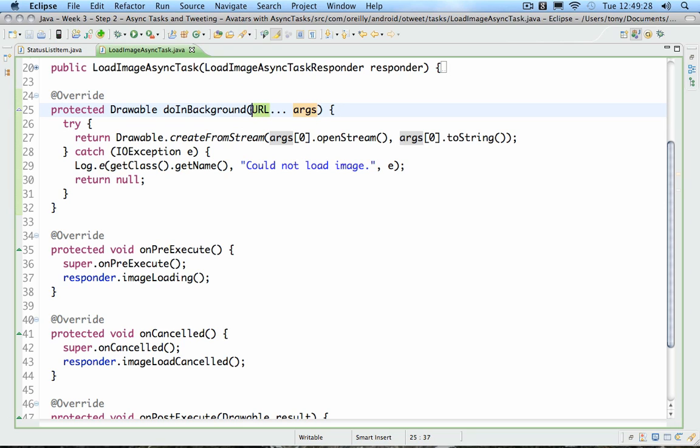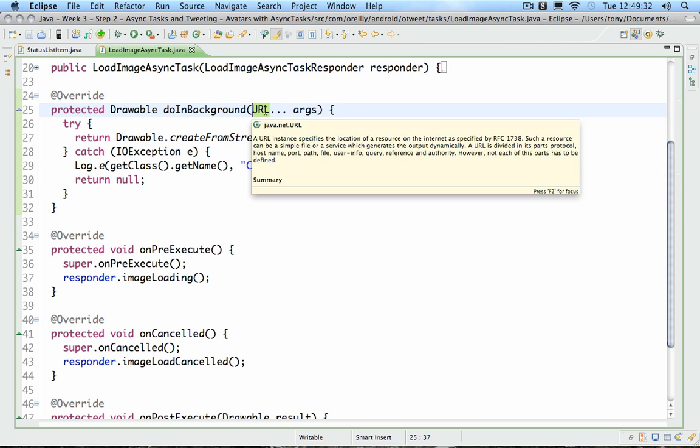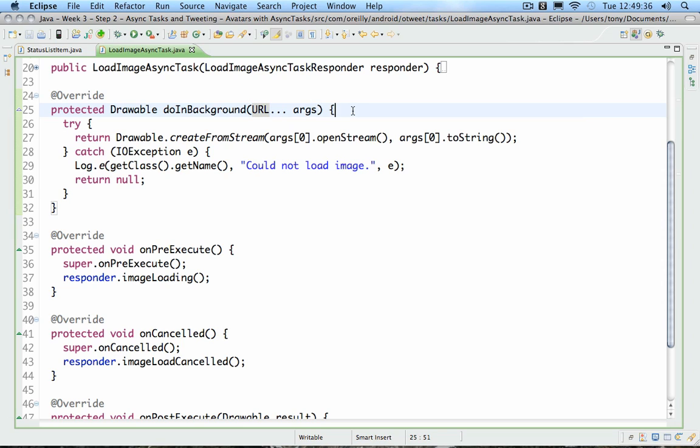So we're expecting URL to be passed in, but what's weird is since it's var args, variable arguments, we're actually going to have to pull that out of an array of URLs. Since we're only expecting one, we're just going to pull that out of position 0. So arg0 will be the URL that we want to load in the background. And we just do this same code on line 27 like we used to do in the